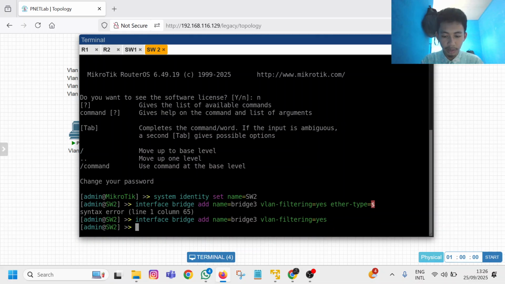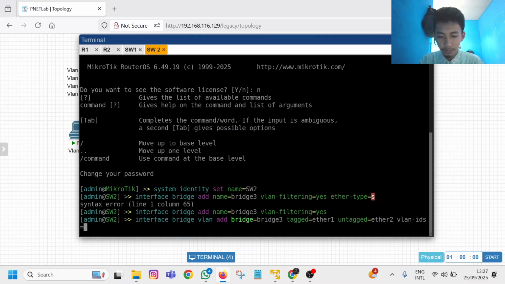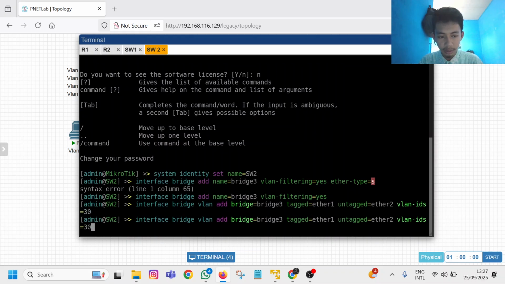Then on interface bridge VLAN, add the bridge, tag Ether 1 and tag Ether 2, VID 30. Now again for 40 on Ether 3.